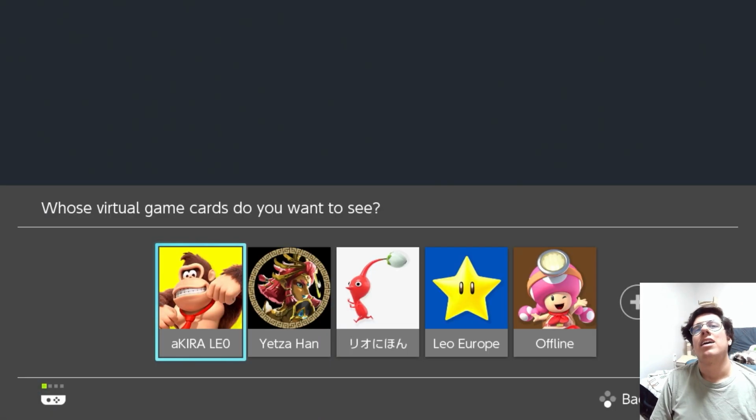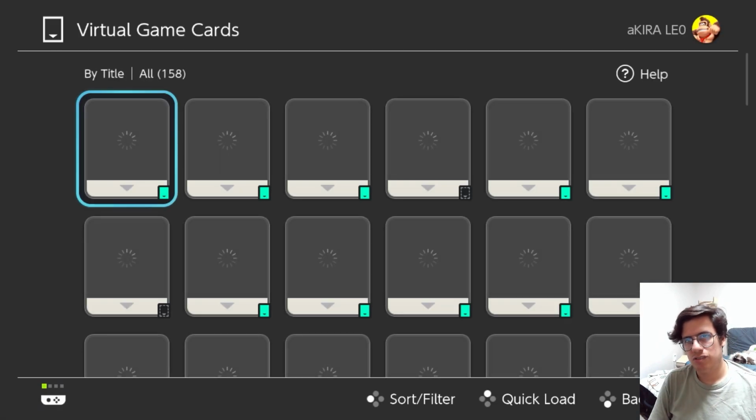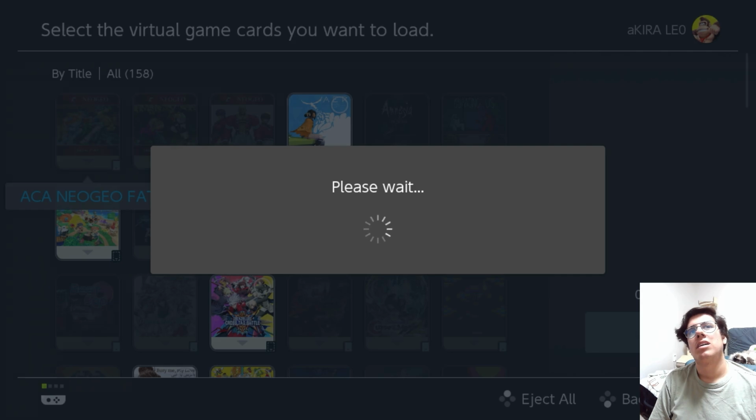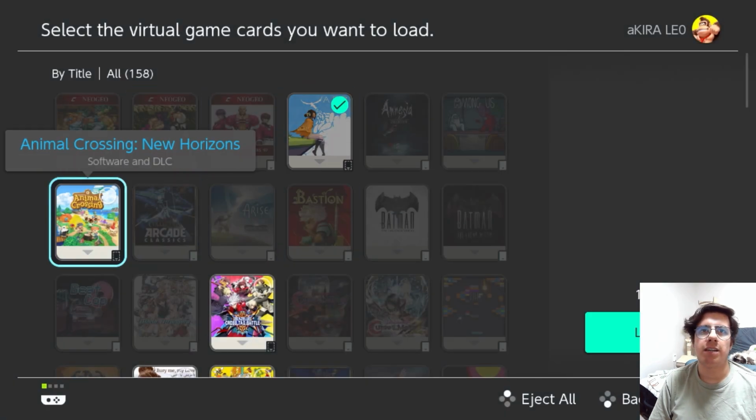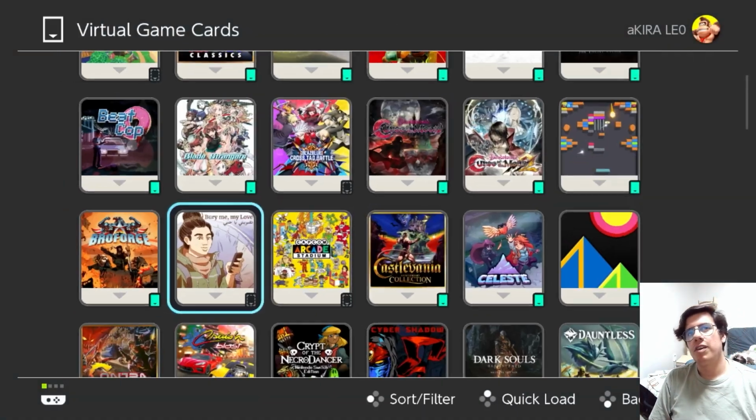One final thing. If you have more than 100 games like me, you can just press quick load and then you can start choosing games to add here. But up to 30, so you have to do it 30 by 30 and so on. And another cool thing is that